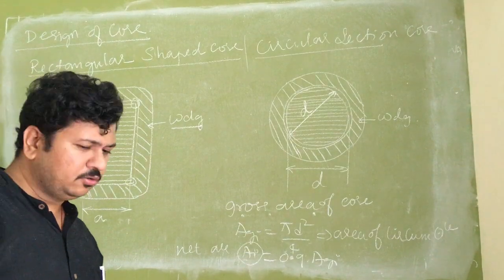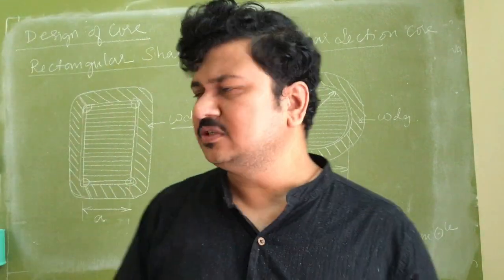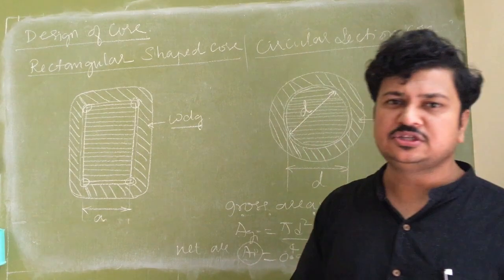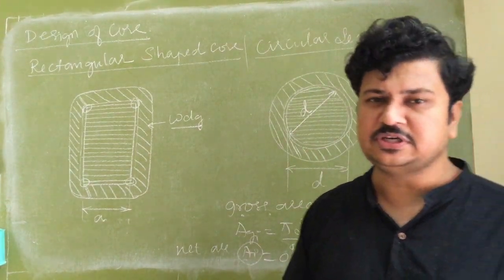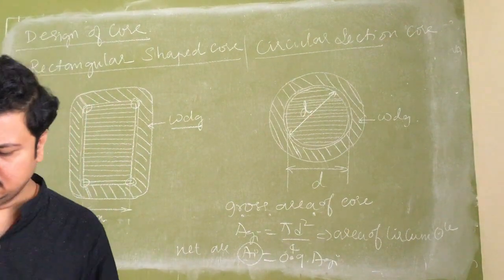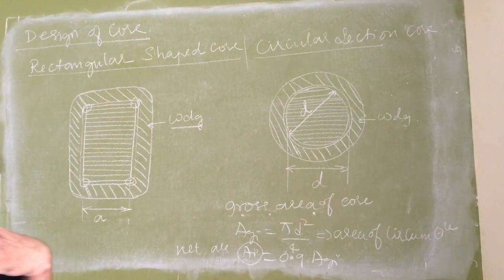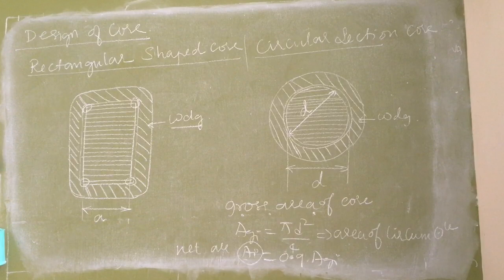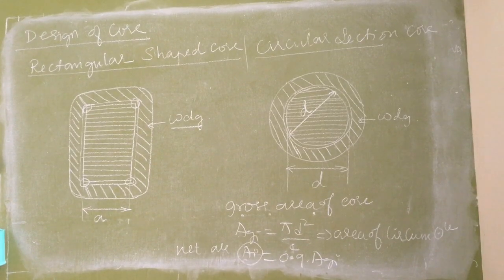So these are the two shapes of the core. In the next class, we will be discussing the square section and stepped sections, if I use multiple steps and why we use steps. We'll finish the class with respect to today's contents. In the next class, we will go for another two sections and then we will move to the design.